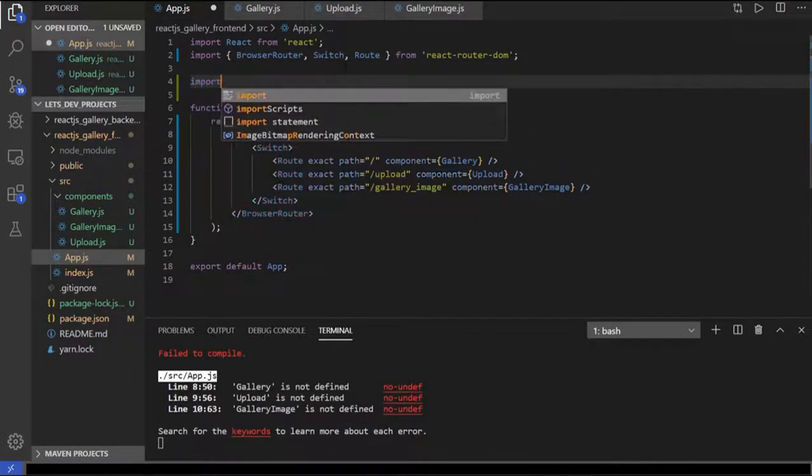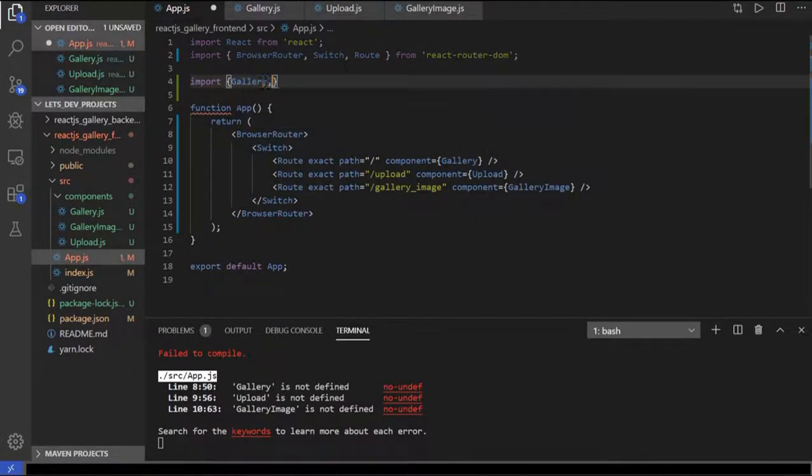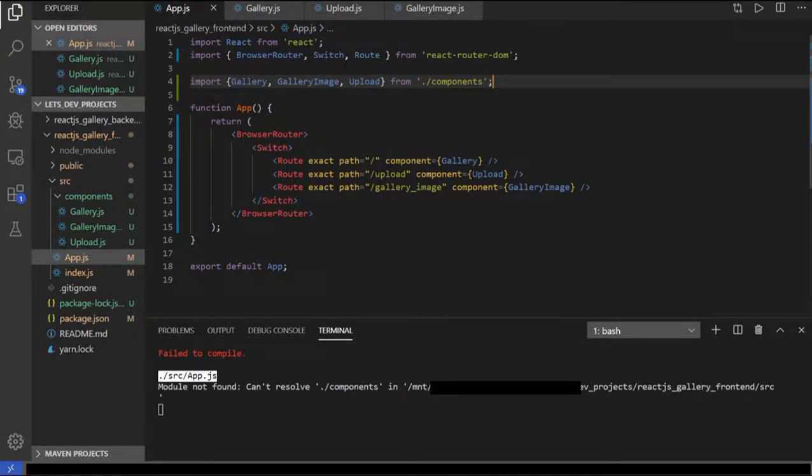Now we need to import these guys. So we'll import gallery image, and upload from, what's the folder? Components. There you go. Save that. Cannot find all of those. Source. Components, gallery image, upload. Where am I in this? Components /